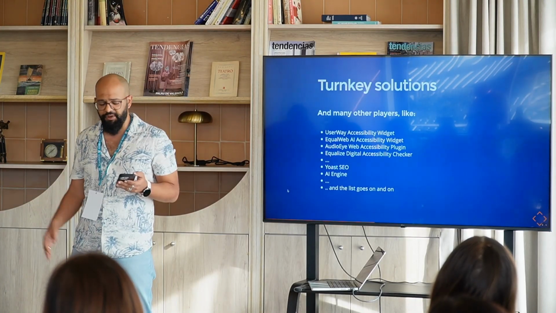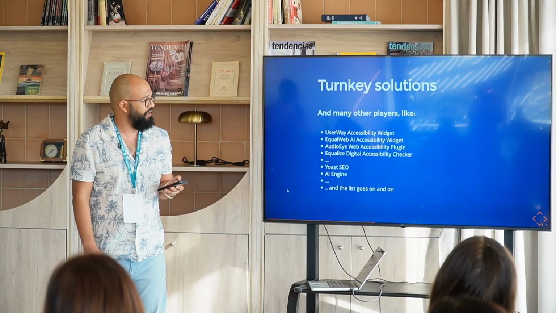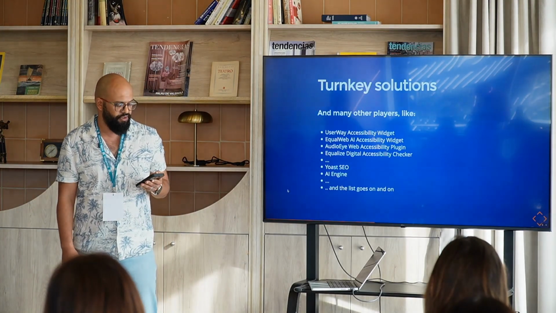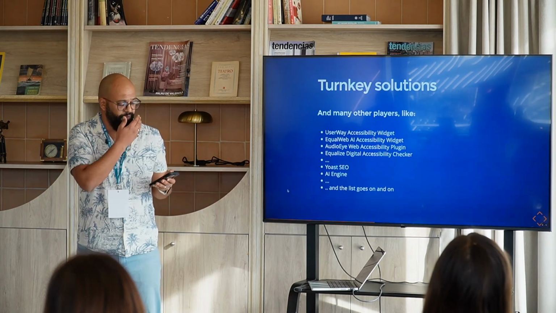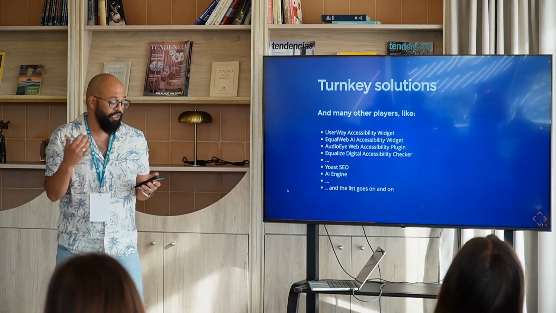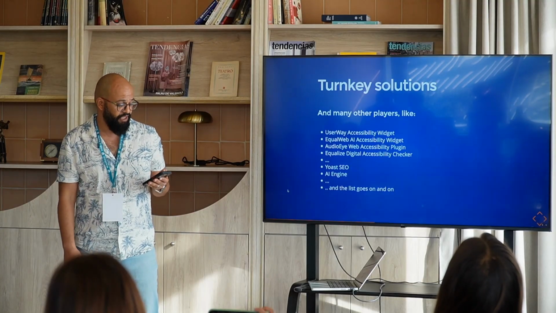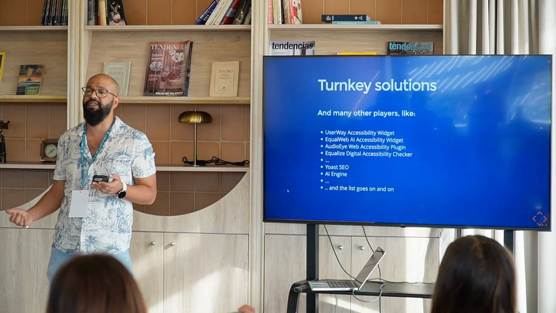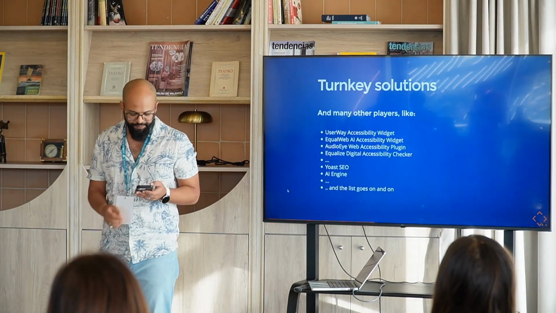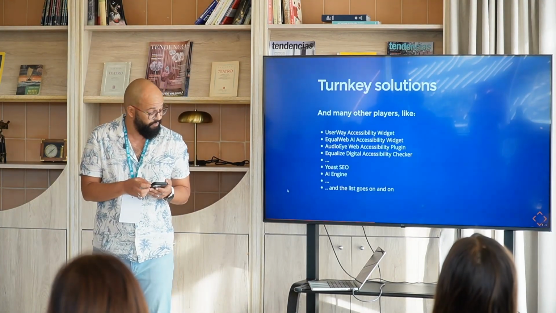There are so many other plugins that can provide similar services and features, so I won't go through the full list. Some of the existing plugins you might already be using started introducing some accessibility checks as well, like Yoast SEO, for example, which now has an inclusivity scoring feature that you can use, and probably more that I didn't examine yet.